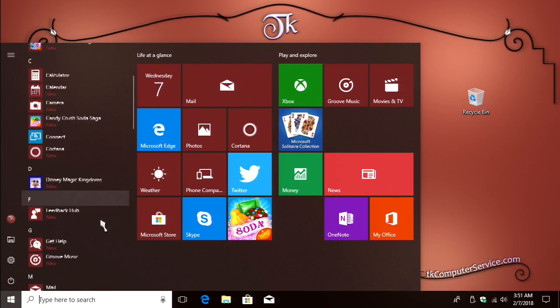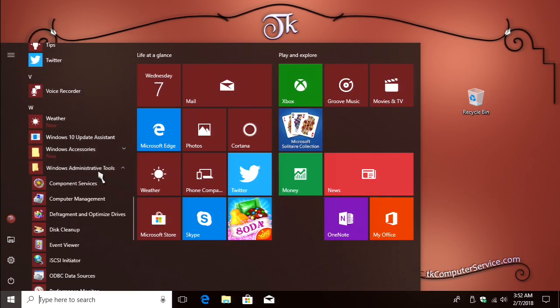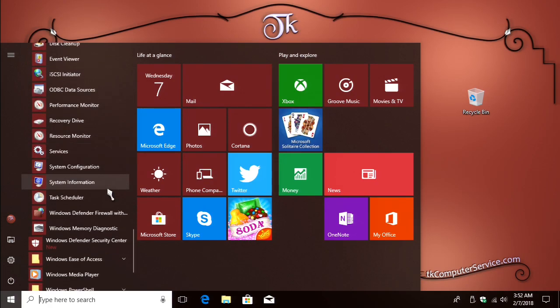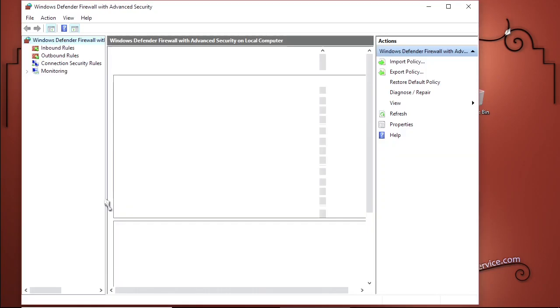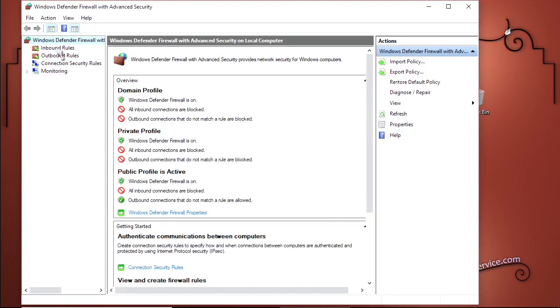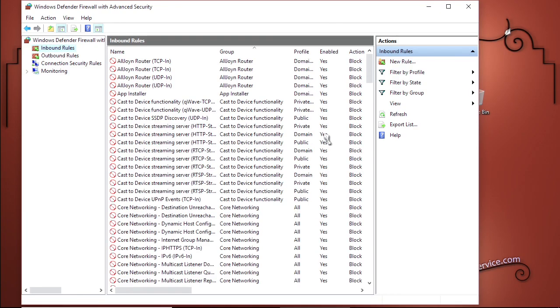Then you'll need to go down to the Start button, click that, go all the way down to Windows Administrative Tools, click that, and then open Windows Defender Firewall with Advanced Security, or Windows Firewall with Advanced Security, depending on which version of Windows you are using. Go ahead and open that up. Let that get opened. Then go to the inbound rules,